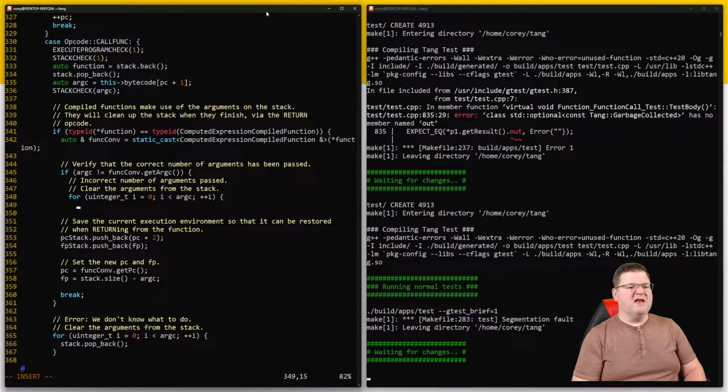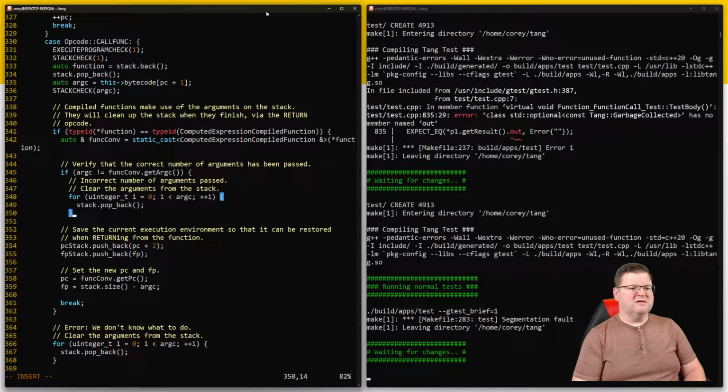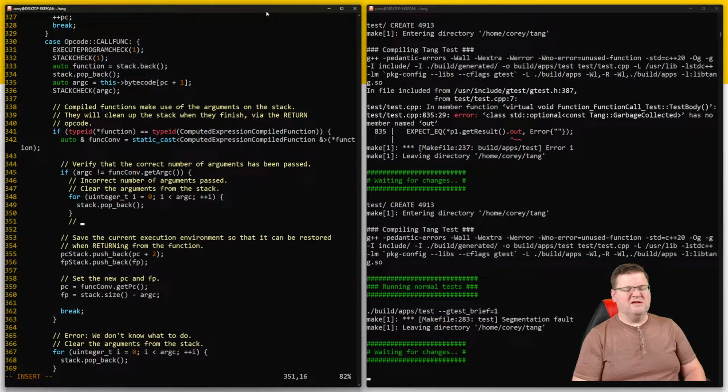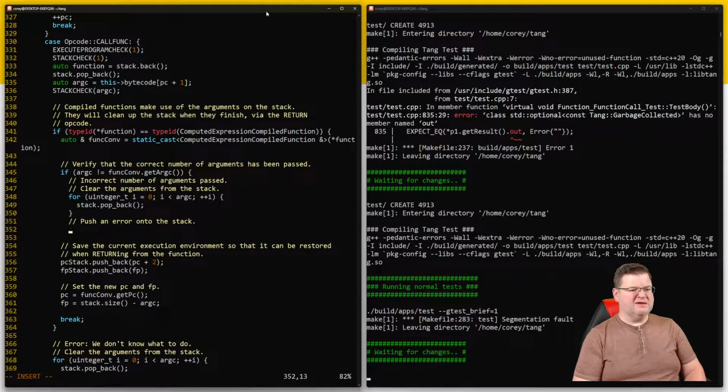Yeah, that's right. And all we're going to do is stack.pop_back, and then push an error onto the stack. So we're going to stack.push_back